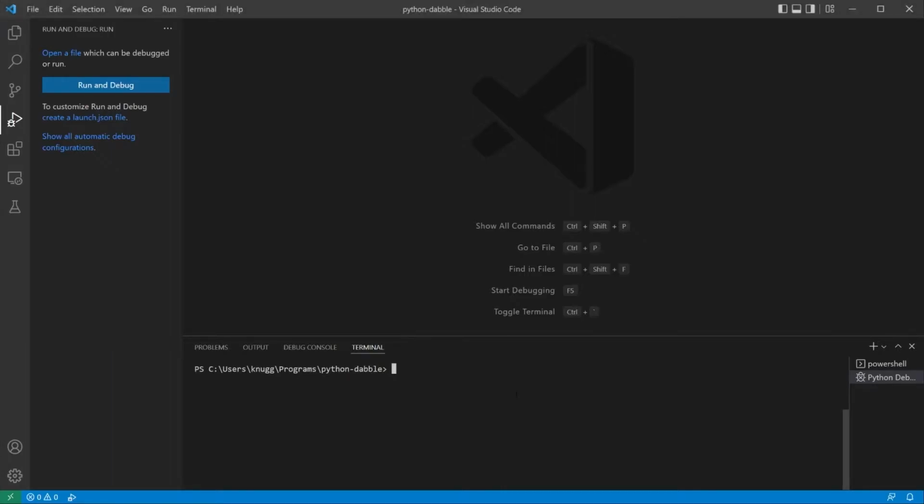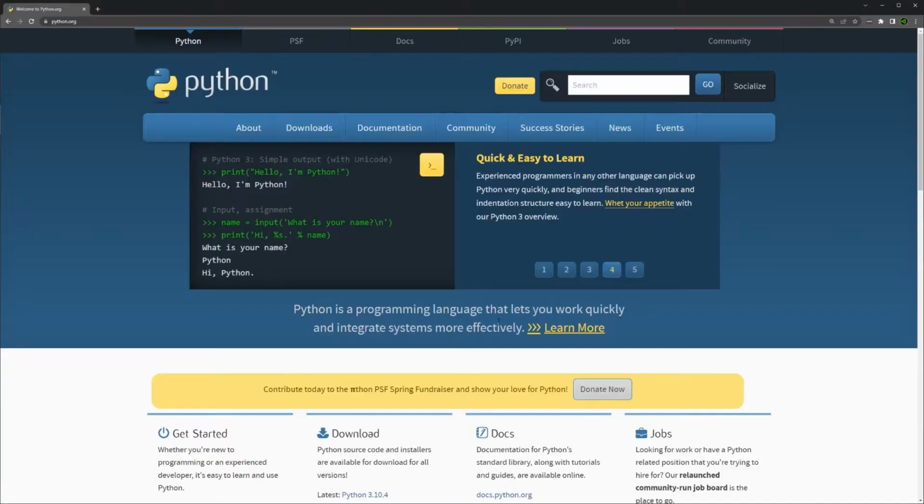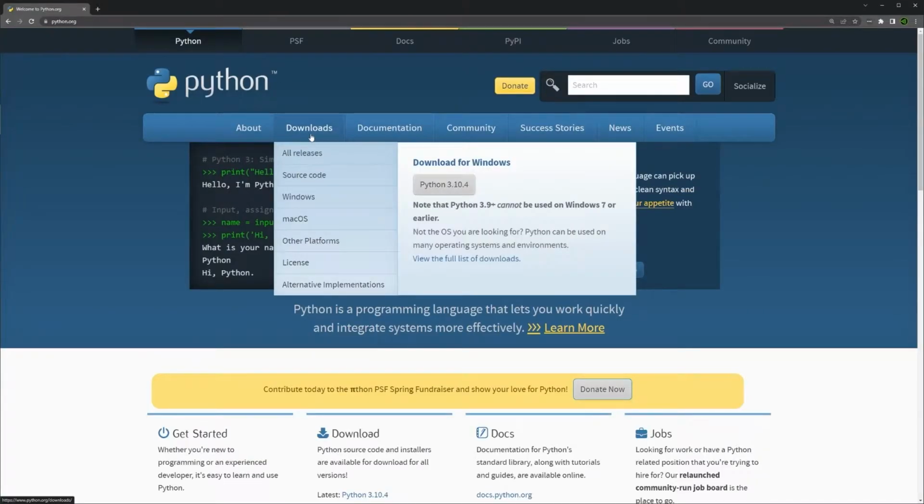So the first thing to do is just pull up a terminal on your system. I'm going to be using VS Code, which is my code editor, and I tend to use it for terminal applications as well. And we want to type python --version just to see if we have Python installed, and it's not found. So what we want to do is go over to python.org, and we're going to download Python